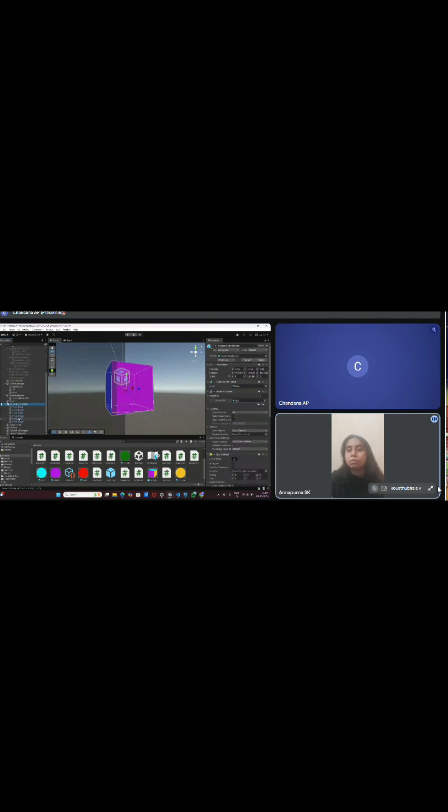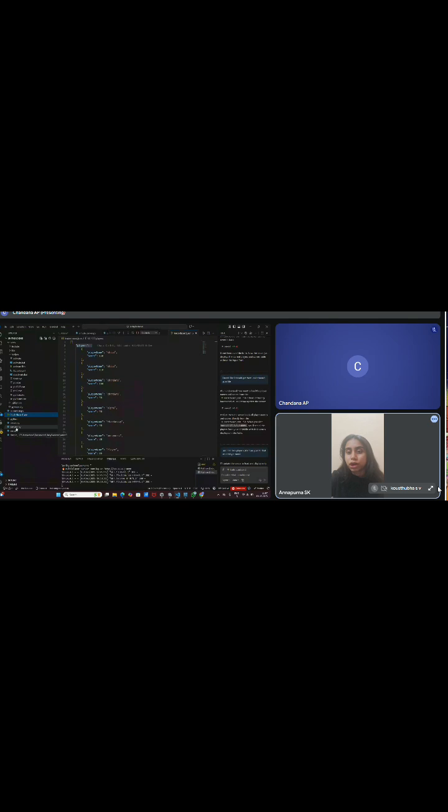Phase 7 is about the backend server and online leaderboard. The first one is the Python backend server. In phase 7, I used Python to build a backend server instead of Flask due to environment issues. I created a custom server using Python and connected it to MySQL through MySQL connector Python. In the MySQL database, I created a table to store player name and score. Whenever a game ends, Unity sends the player score to the backend.